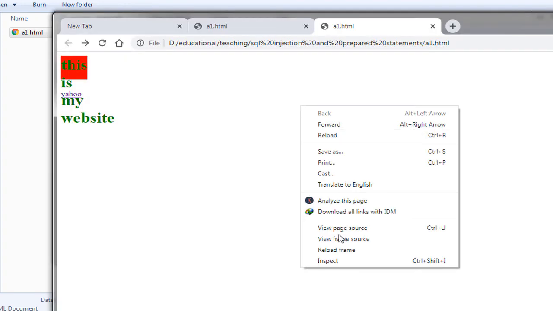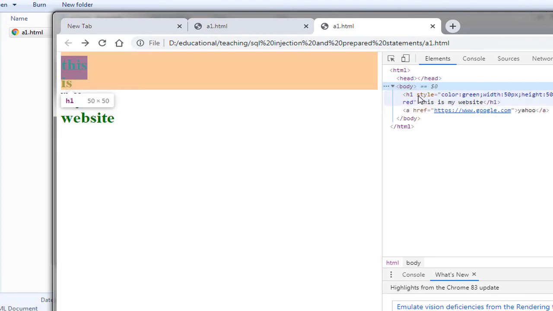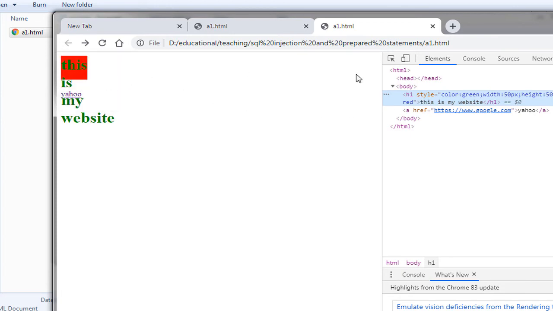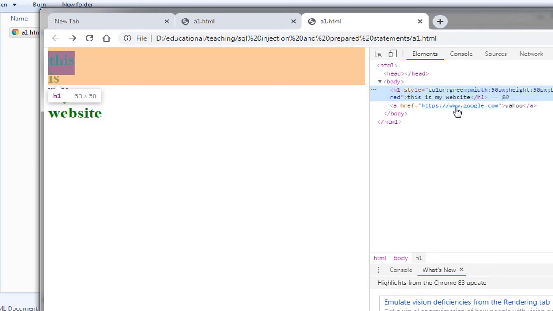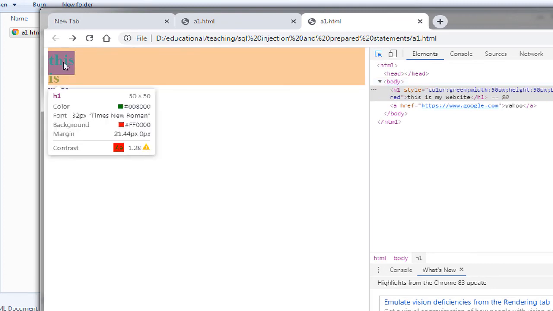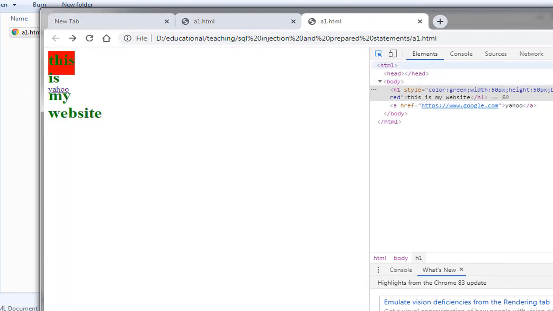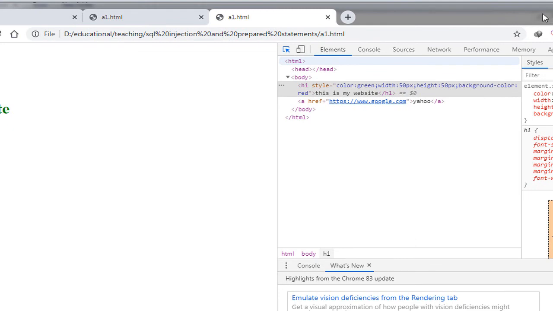If I right click in here, go to inspect, the developer tools in Google Chrome, and we go in the body and then H1, as you see, H1 has the 50. If you look again, you see that we have 50 pixel times 50 pixel for both width and height. Now let's say that we want to create a circle in here and show the content in the circle. I just want to show you how these things work.